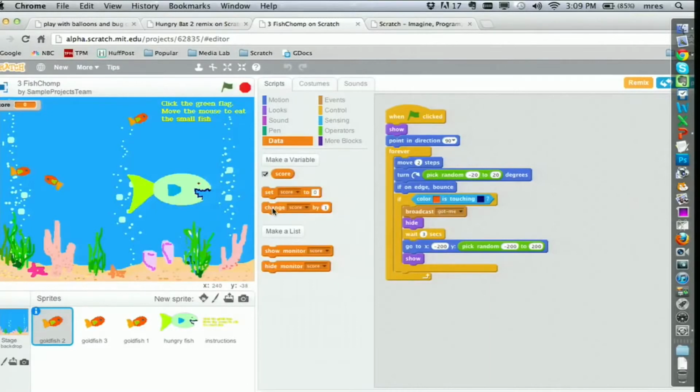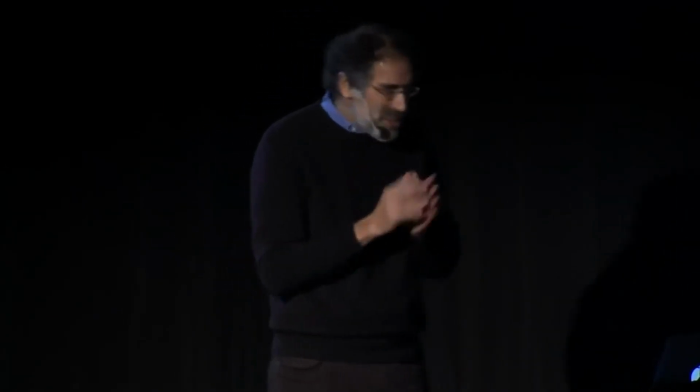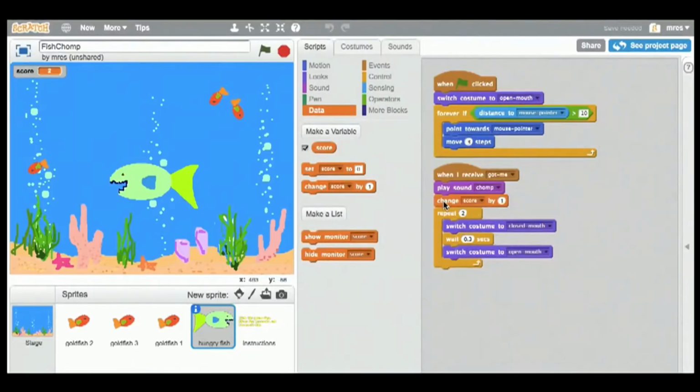And that creates some new blocks for you. And it also creates a little scoreboard that keeps track of the score. So each time I click on change score, it increments the score. So I showed this to the clubhouse member. Let's call him Victor. And Victor, when he saw that this block would let him increment the score, he knew exactly what to do. He took the block and he put it into the program exactly where the big fish eats the little fish.